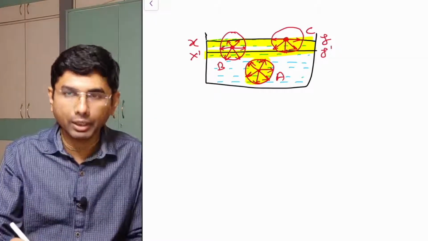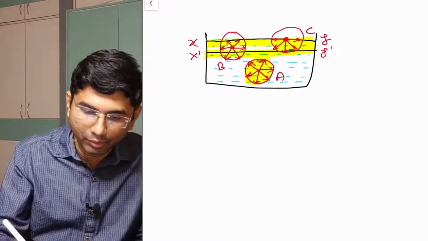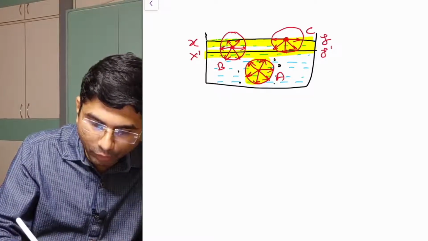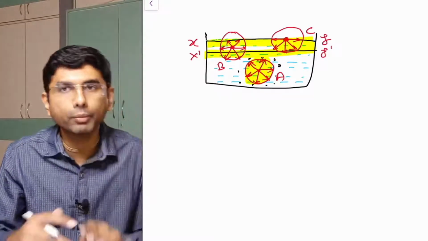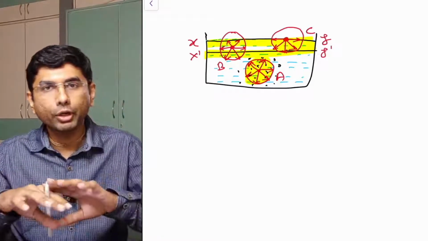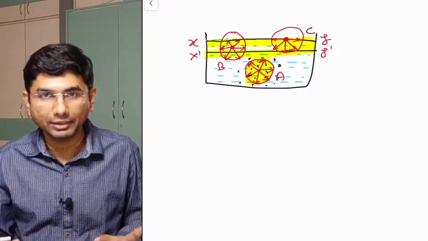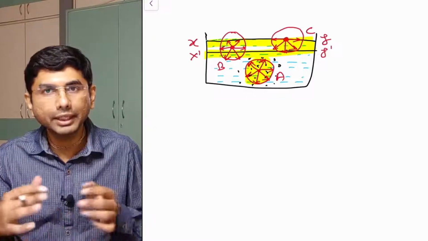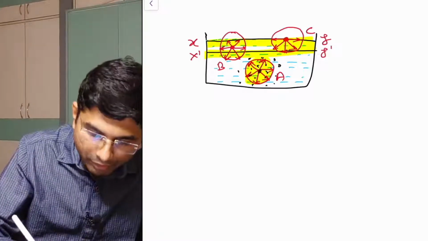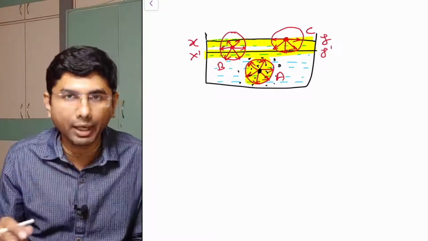Now within this fluid there are many other molecules and they will also be attracting this molecule. Here will be one molecule, here another. There are different molecules surrounding this particular molecule from all these sides, and because all these molecules are surrounding it from all sides, the force of attraction is getting balanced. The net force at this point will be 0. The net force on the particle A is 0 because it's getting balanced.